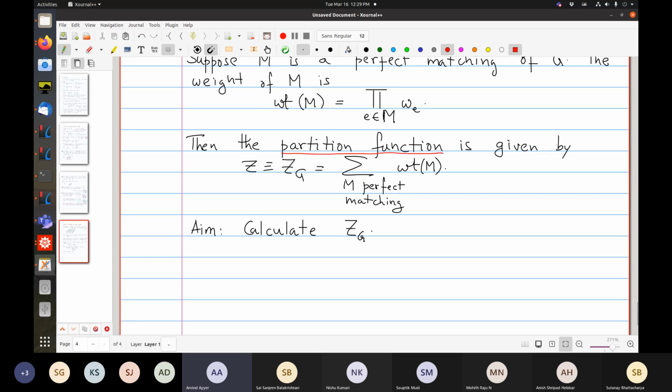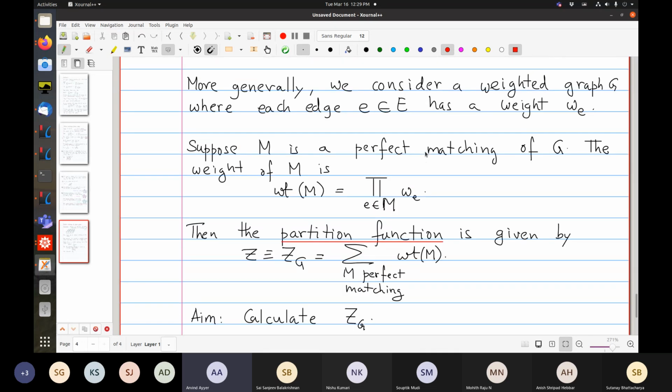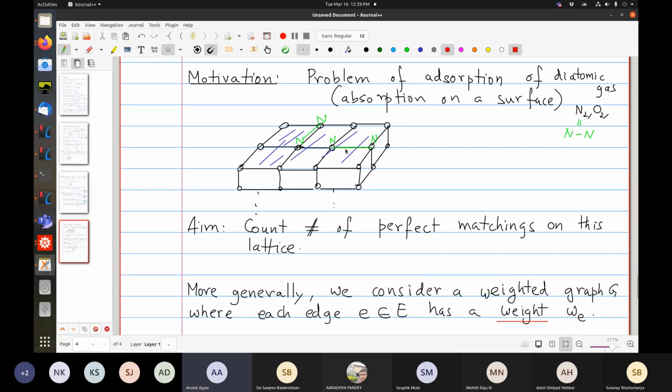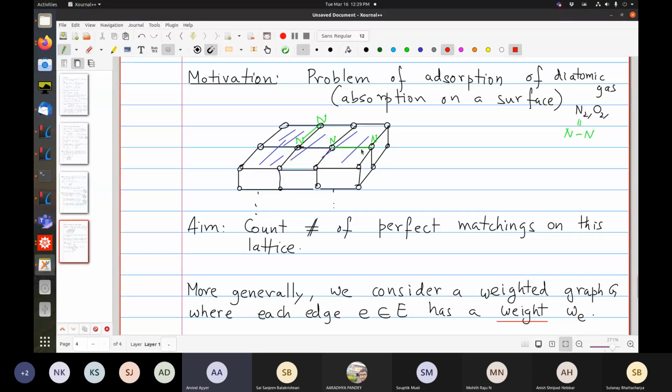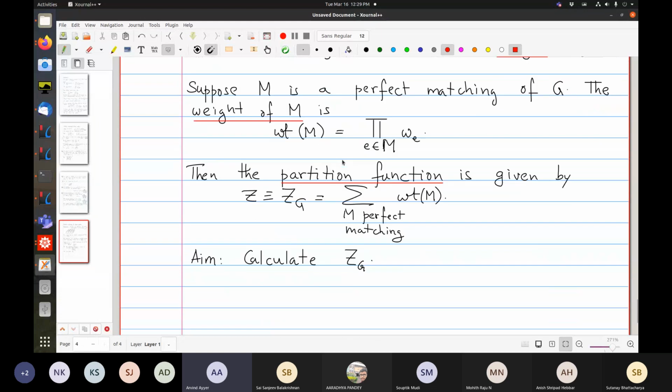So partition function is an important term, and the weight of perfect matching is that. I mean, sir, we are not interested in all matchings, only perfect matchings. Yes, we are only interested in perfect matchings because, well, the ultimate answer to that is that there's a nice answer for this and not for the others. So, since you asked that, I can also say something more.